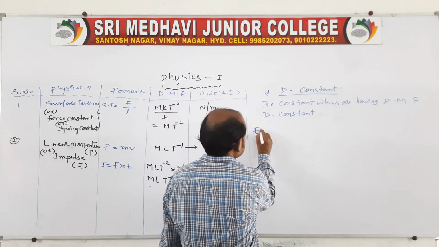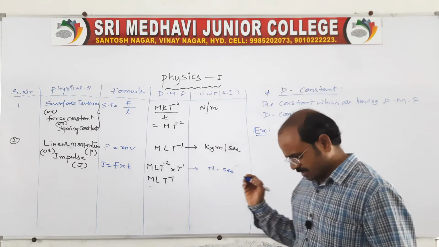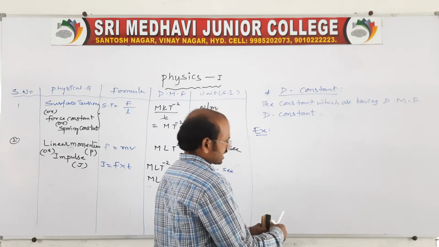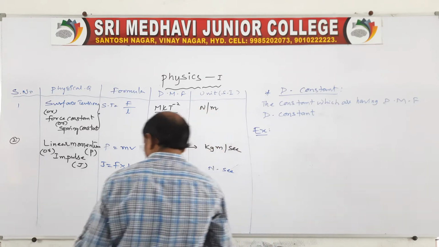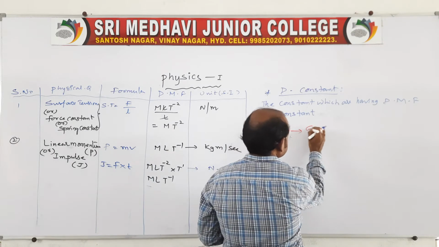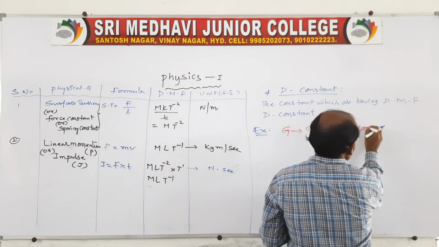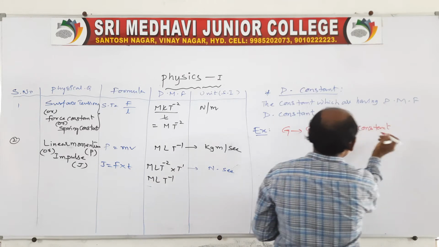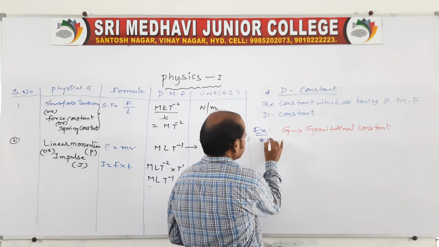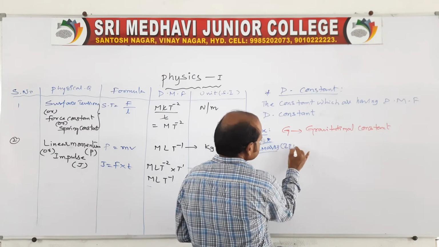For this I am giving some examples. Suppose we know the universal gravitational constant. For that we should write a dimensional formula. Capital G is represented as the gravitational constant. It is generally a constant, right? But for this constant, a dimensional formula is there. This is actually very, very important for IPE. That is a 2 marks question, in general an IPE question, right?